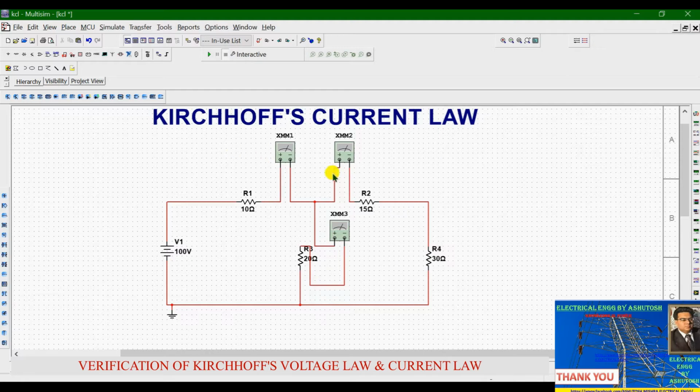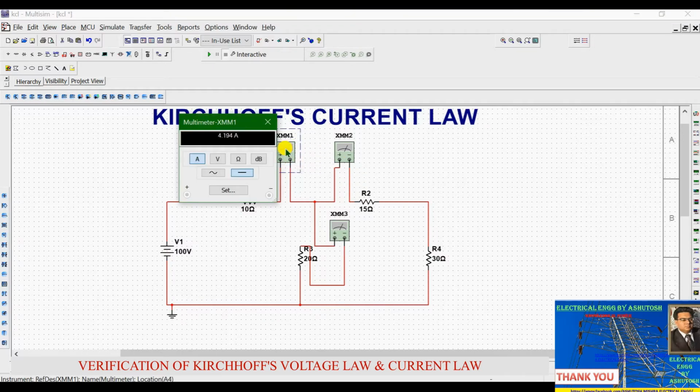Then we have connected an ammeter because we have to verify KCL, Kirchhoff's current law. So we will need 3 multimeters working as ammeters. You can see over here, this is working like an ammeter.